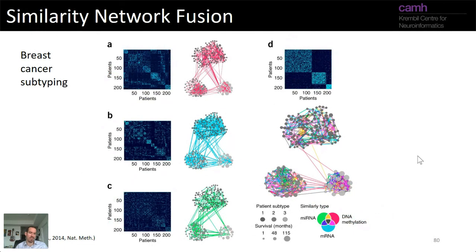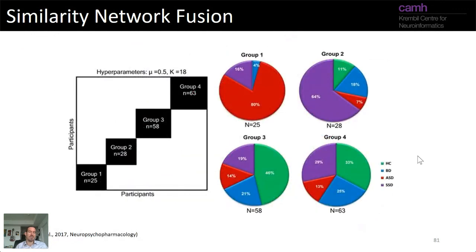They found compelling findings, of course, in their study. They would have to find compelling findings. It's been applied by groups at CAMH. This is Laura Stefanik under the supervision of Aristotle Vaneskos, who did a study applying similarity network fusion to data